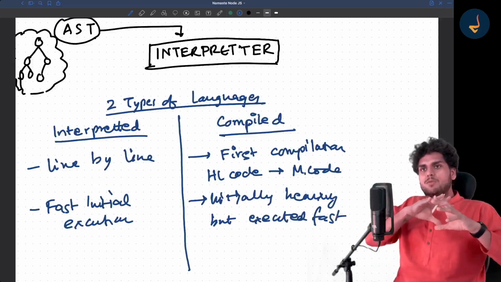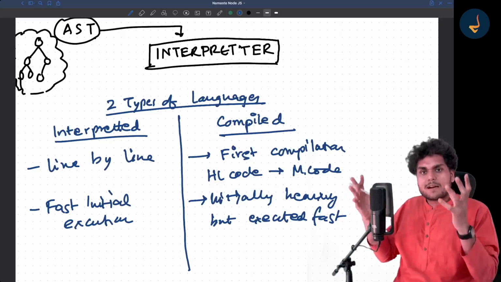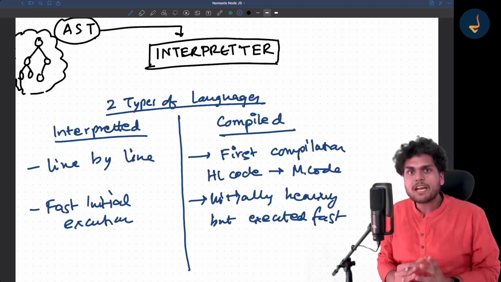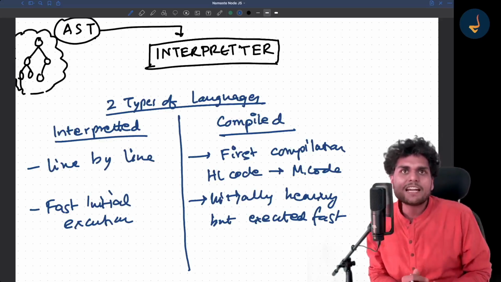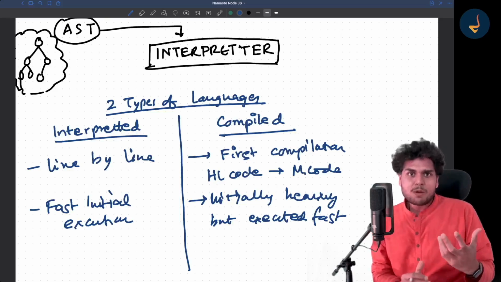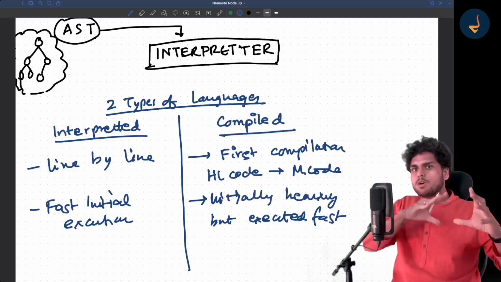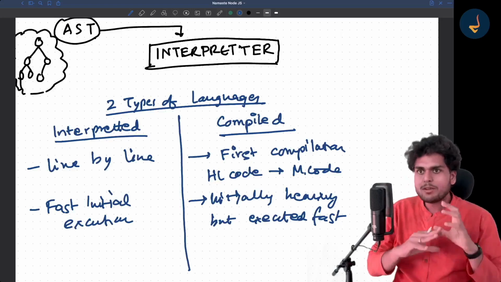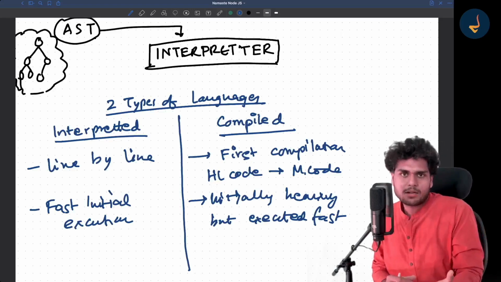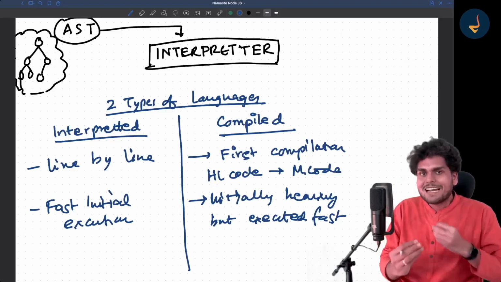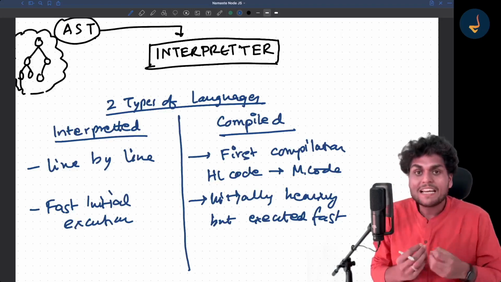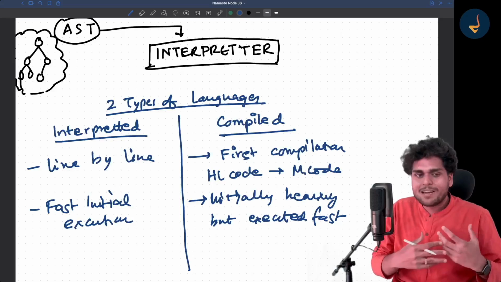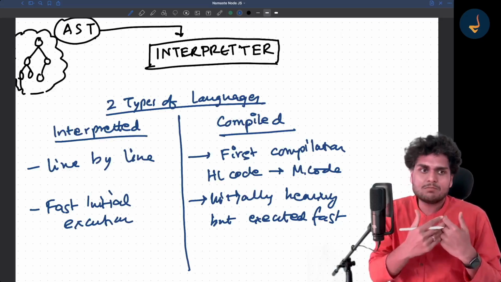In a compiled language, the whole code is first compiled into machine code, and that machine code runs very fast. Similarly, in languages like Java, you give it Java code, then the whole Java code needs to be built. The bundle is built, and when you get that machine code, then you execute it. That takes an initial load. But in interpreted languages, you give the code and it is run line by line, in a very initially fast manner.